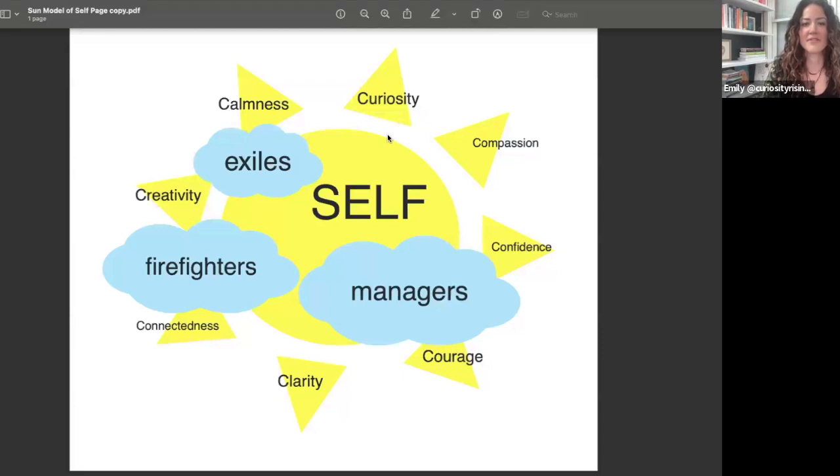Oh, shoot. Thank you, Kim. You're not seeing the right thing. Let me change what you're seeing. You're not supposed to be seeing the sun right now. Sorry, y'all. We're just going to stop the screen share and share again with the right model. I was seeing the right model the whole time. Sorry about that. Here.